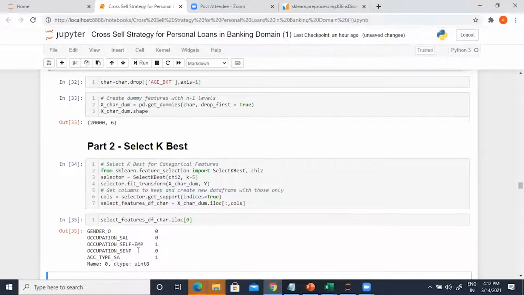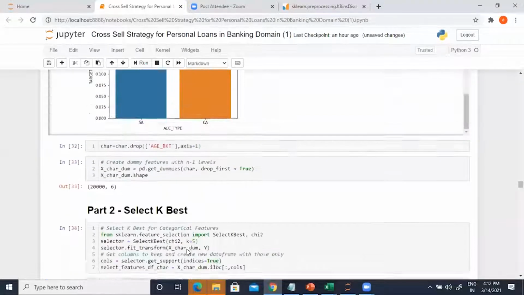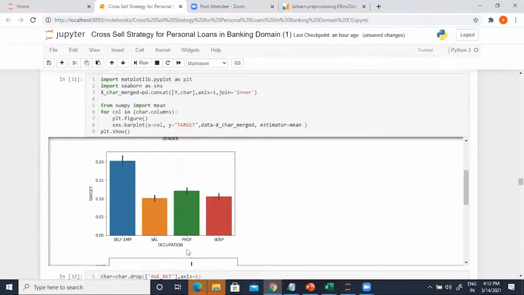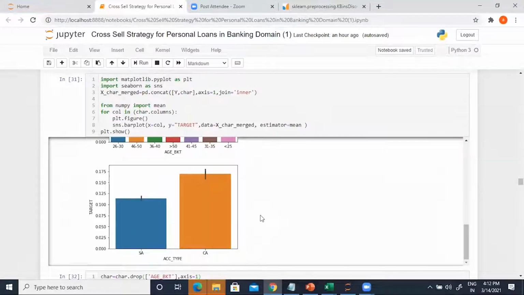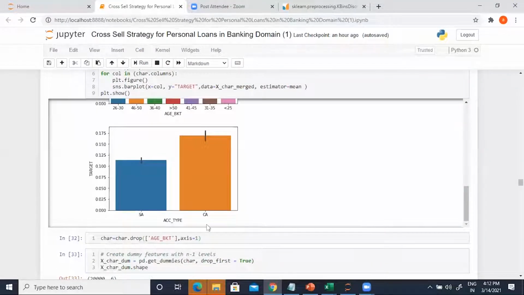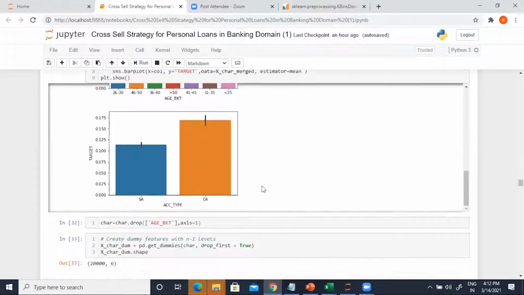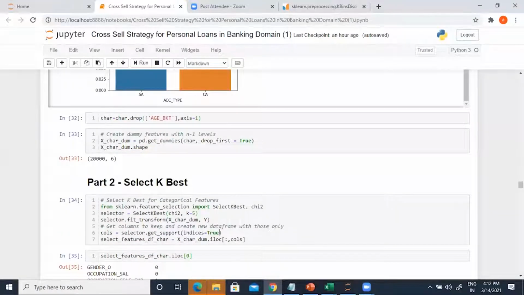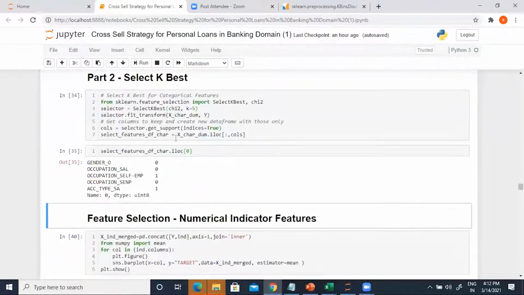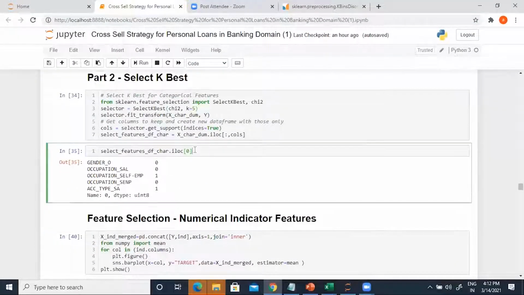Sorry, salary, self-employed and SENP, all 3 got selected. Then comes account type, current account and savings account. So we are selecting only the savings account here using the k-best output. Okay, now we have selected features from the character variables also, in addition to the numerical ones.